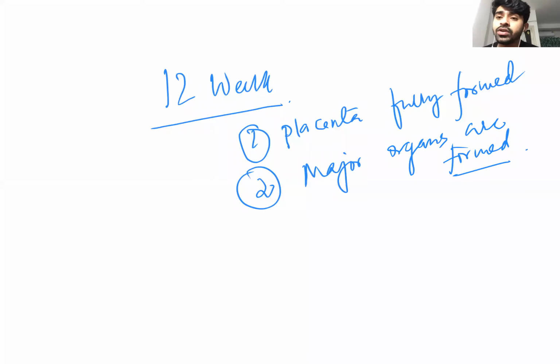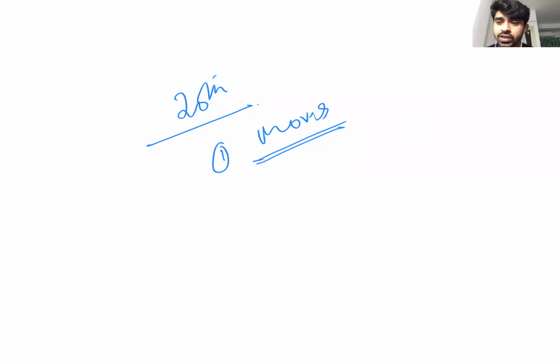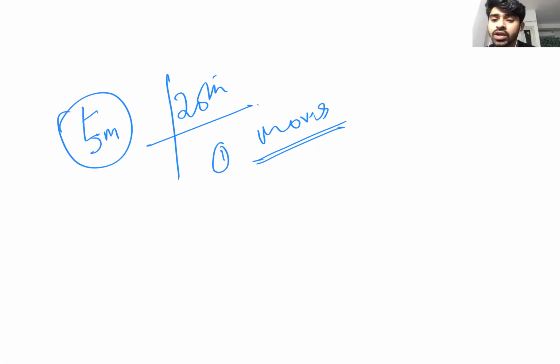Okay. Now you tell me what is important in the 20th week. The 20th week is important because this is the time when the fetus first moves. Actually the answer is 18th week, but as NCERT has mentioned 20th, that's why I'm telling. So 20th week or 5 months, the fetus can move right now. This is important. And another importance of the 20th week is that the first hair will appear on the fetal body.